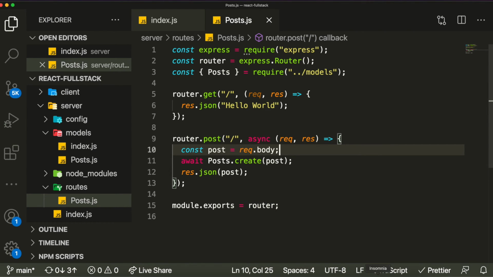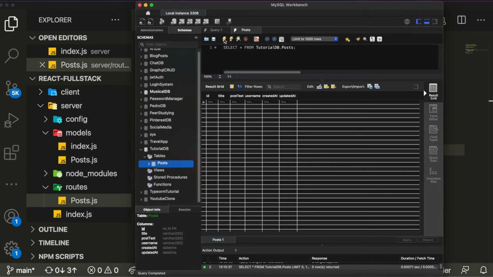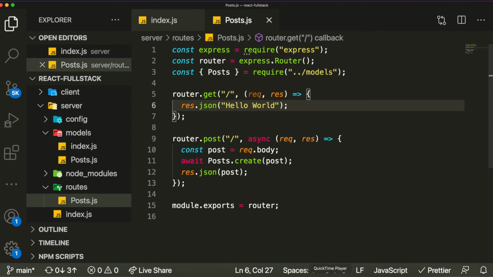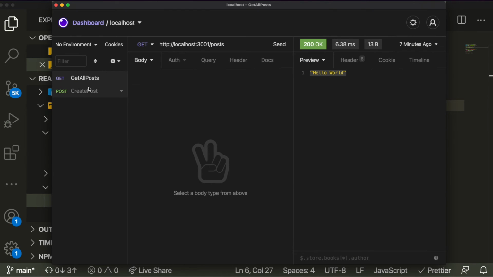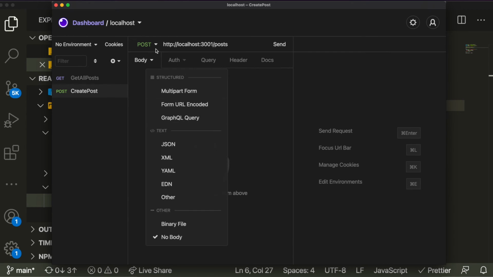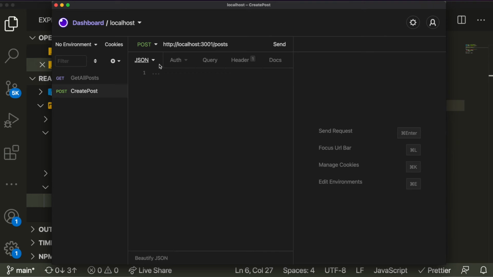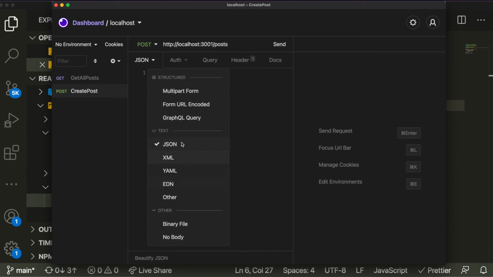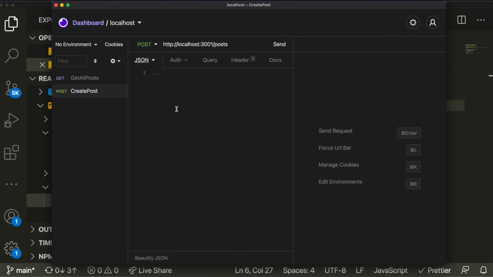We can actually test this. You can see that when we refresh this data, when I query everything that exists in my table, there's nothing inside of it, because we haven't put anything inside of our table. However, now if we come to our API tester and go to create post and try to insert some sort of body, in Insomnia you can choose what kind of body you're passing. Obviously we're going to pass JSON, and inside of here we pass as the body an object containing